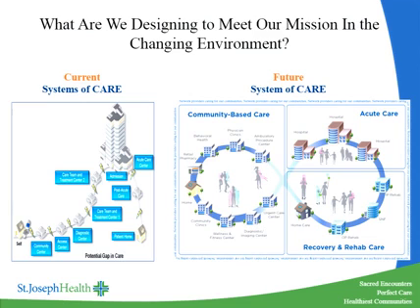Now, what's important about this is you have community-based care, acute care, and recovery and rehab care that define those three areas. And with that, we've gone to each of our regions and we've determined what of those areas we do not have. Because in some cases we do have some holes there. In some cases we don't provide maybe the full scope of rehab. We don't have pharmacy. We don't have home health coverage, something like that. And then for those areas that we don't